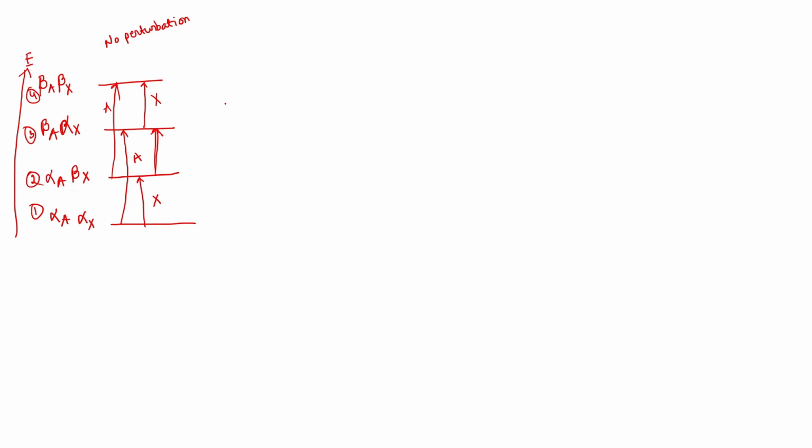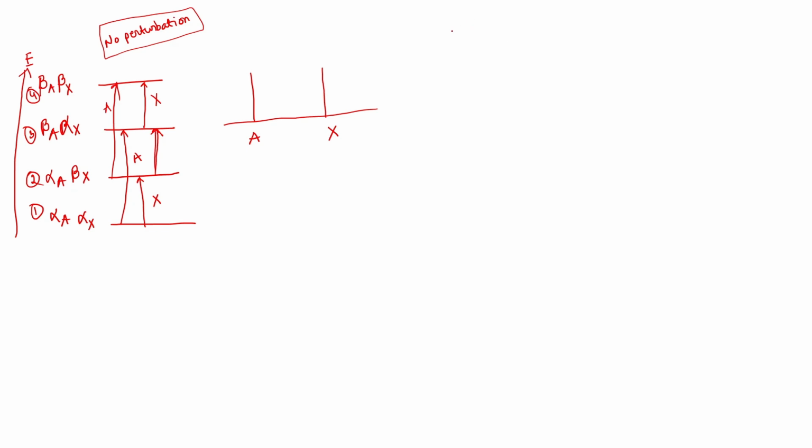So actually X and A are going to have two different transitions, and when there is no perturbation, when AX is there, you expect 1 for X and 1 for A, and the intensity is 1 is to 1, since two transitions are happening, right? Now we are going to talk about the transition.